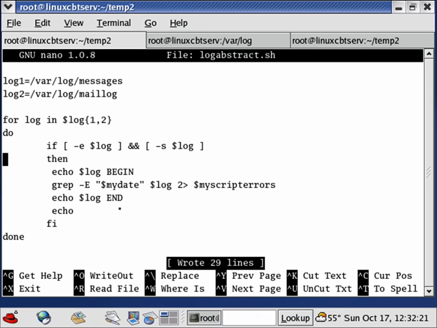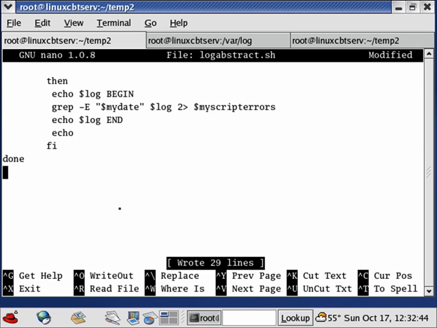We're almost complete with this particular file. We can process as many as we want. We should be sending the output of this file, of course, to a result file. So we're going to run this script and redirect its output to the result file, and that's quite easy, of course, to accomplish. In addition, we can clean up any error files at the end. So for example, after the for loop is complete, we should just have a separate conditional which says if the MyScript errors file does exist,